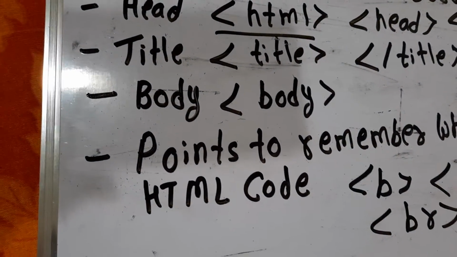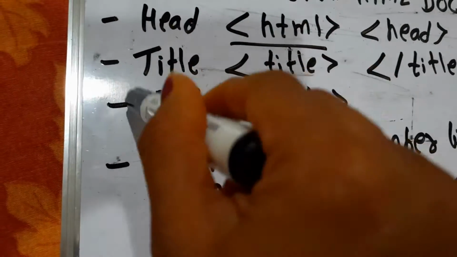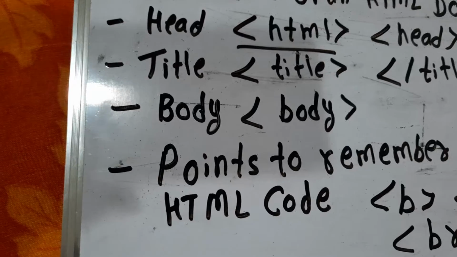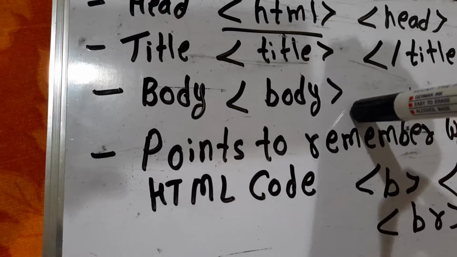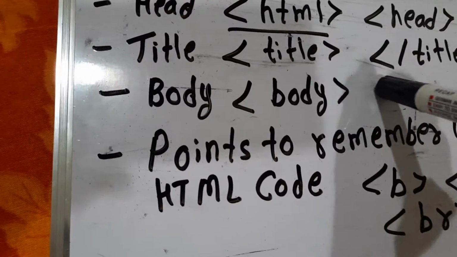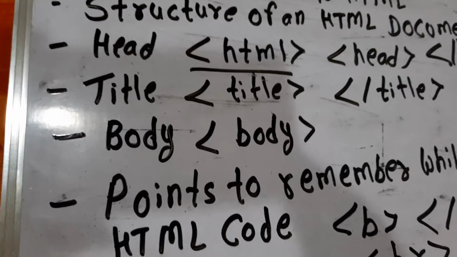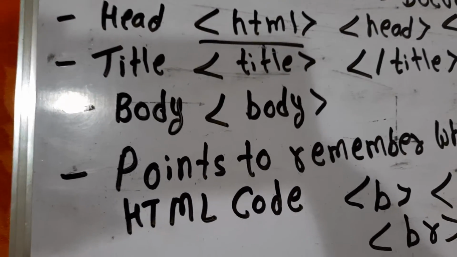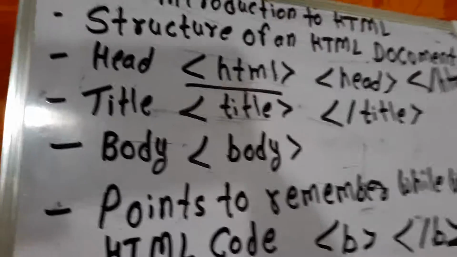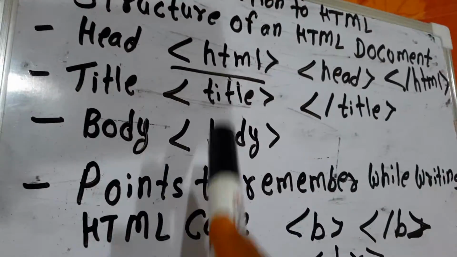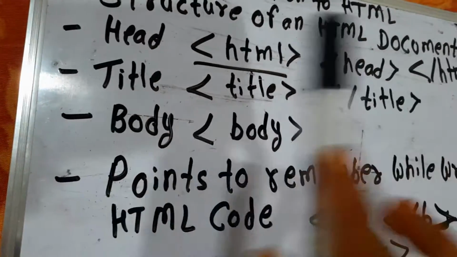This section contains the main content. Whatever information you are giving about Afghanistan, you will write it here. The body includes the text and graphics. You can even include here pictures of your country. The text enclosed in the body element is displayed on the web page according to the tags and attributes with which the respective content is enclosed. Whatever information you are giving, you will write it here in the body: text and graphics, pictures, text, everything.